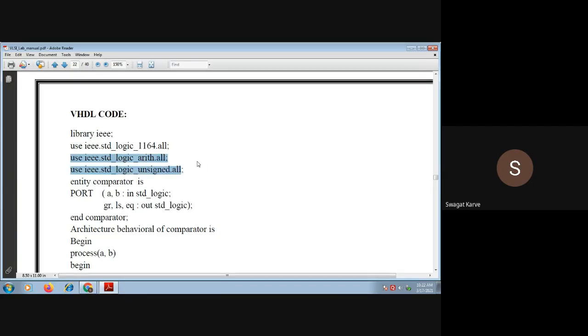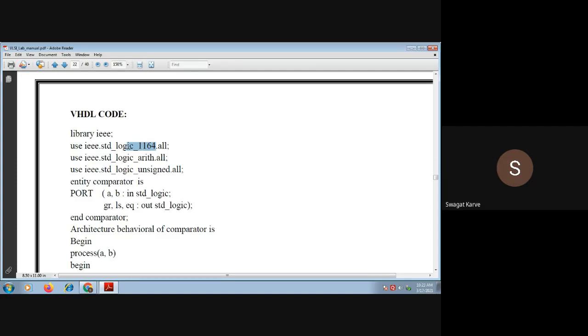Whichever the library is for these, it is common, that is IEEE. That means this IEEE library holds these many packages. These are not the only three, there are many more. Depending upon your requirement, you can use that package. So here we are using three packages in all.